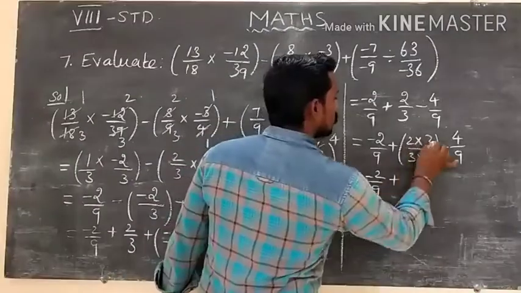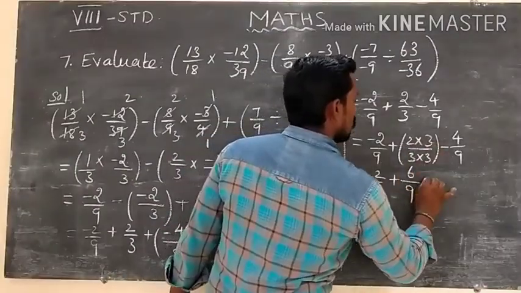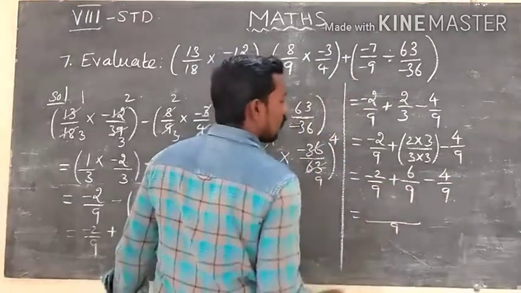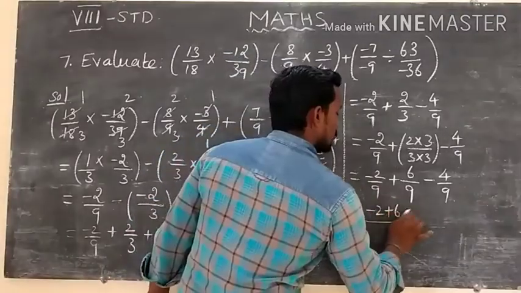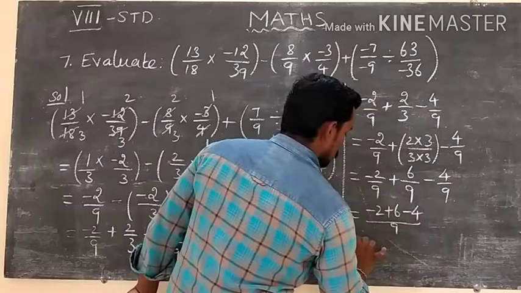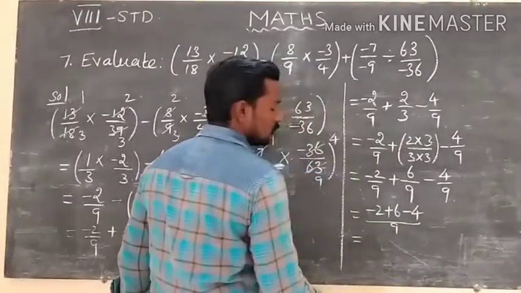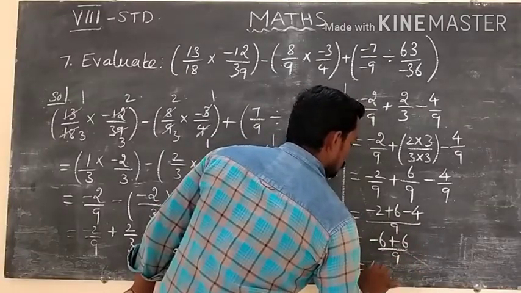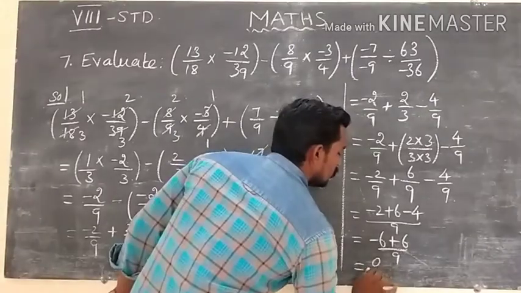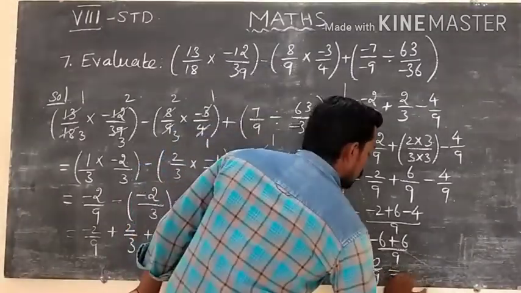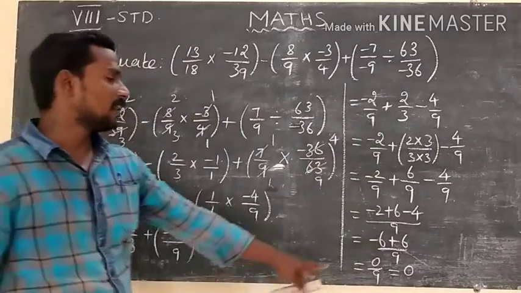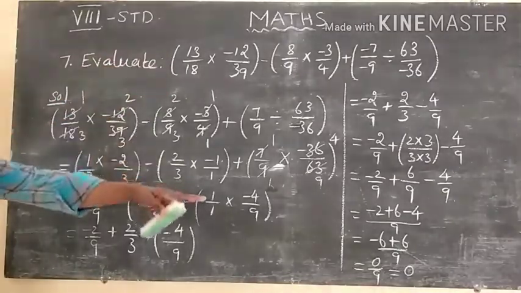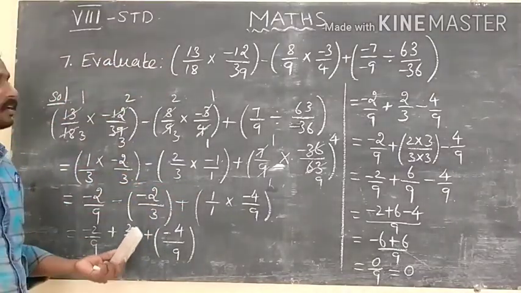So minus 2 by 9 plus 2 3s are 6 divided by 3 3s are 9 minus 4 by 9 is equal to, all are 9. So compare all the numerators: minus 2 plus 6 minus 4, which is equal to minus 4 minus 2, minus 2 minus 4, minus 6 plus 6 divided by 9, so is equal to plus 6 minus 6 is 0, 0 by 9. 0 by 9 is equal to 0. If the numerator is 0, it means the value is equivalent to 0. That's all. This value is fully equivalent to 0. That's the result. Have you understood the sum?